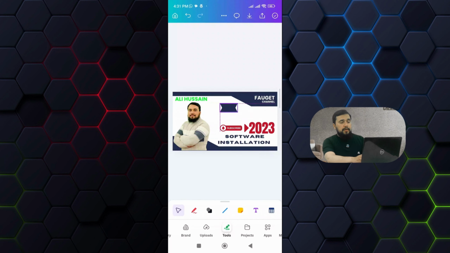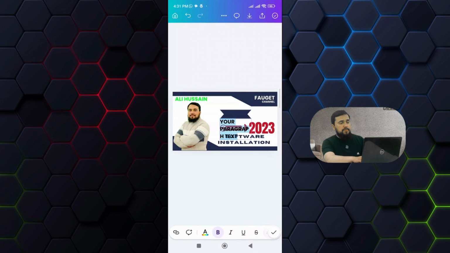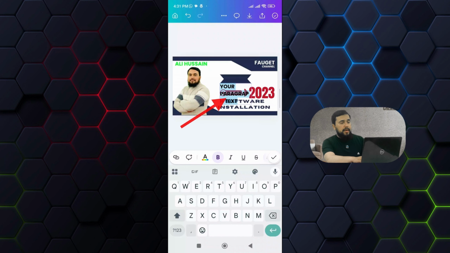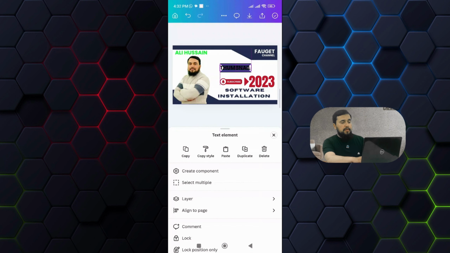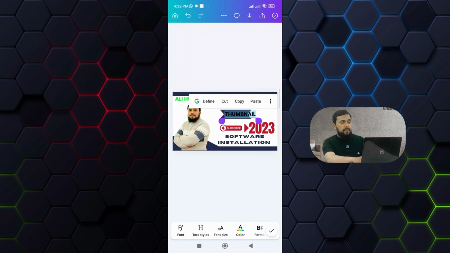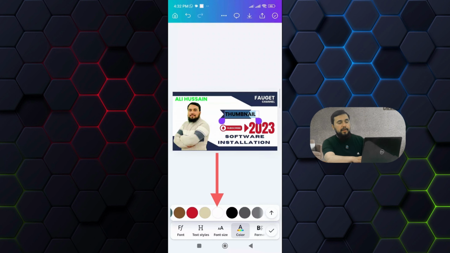So you can type any type of text in this shape, and you can change the color of the text. So I want to add text. Click on the text option. This is the text. Type the text. I type the text, the thumbnail. You can see here, and then adjust the thumbnail color, and I want to select the white color of the text. You can see,